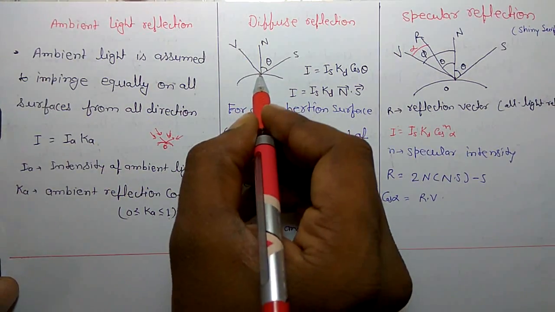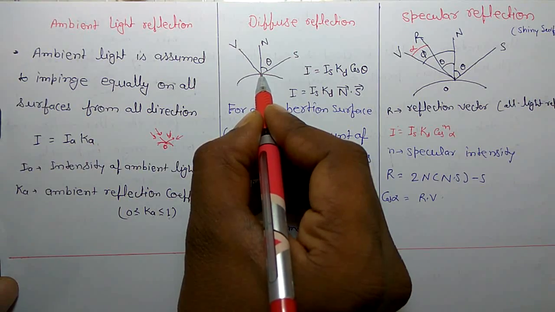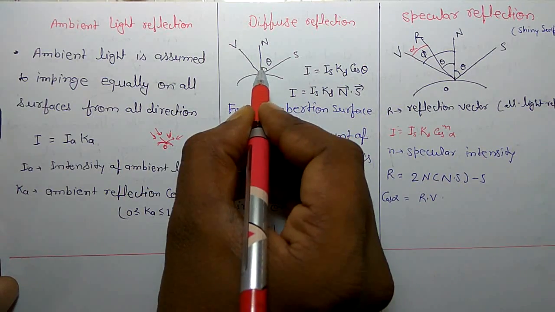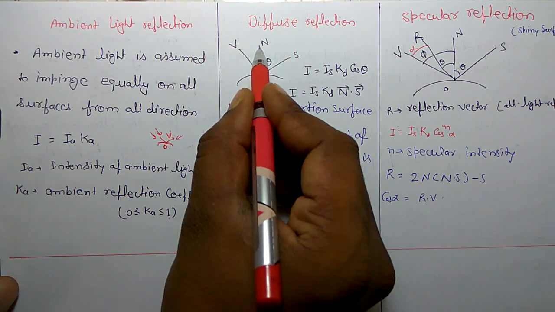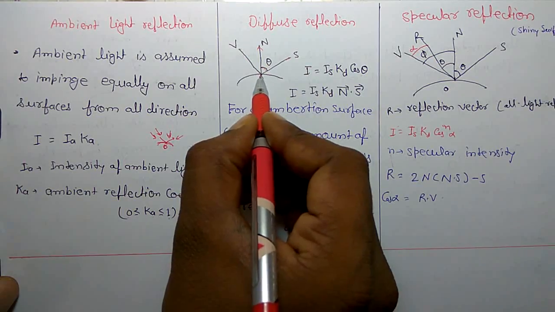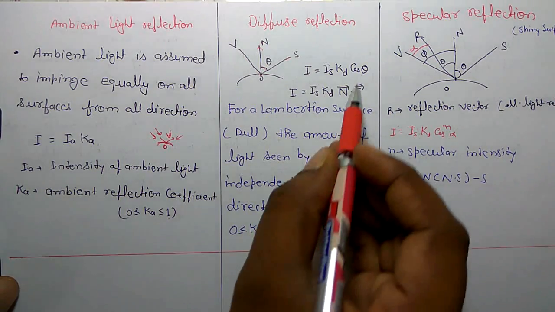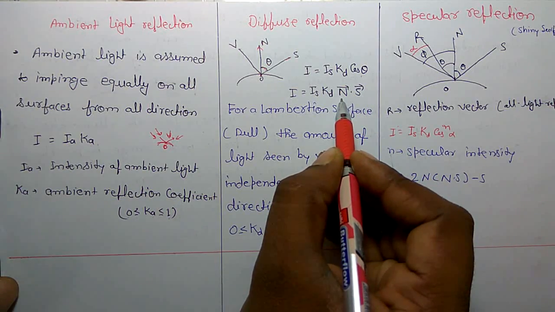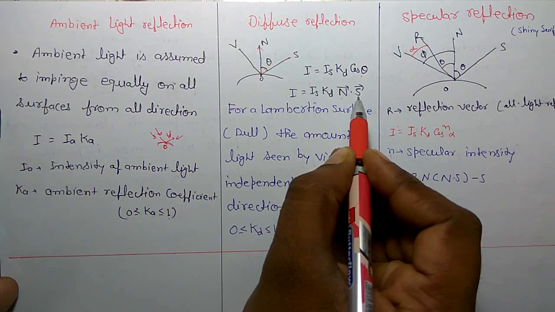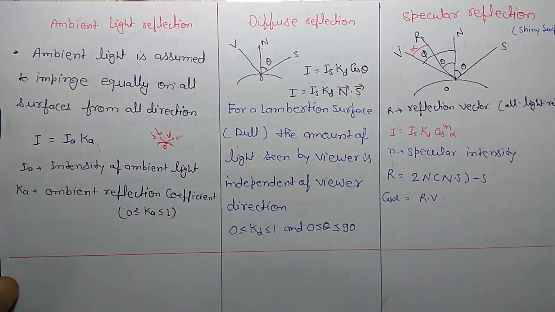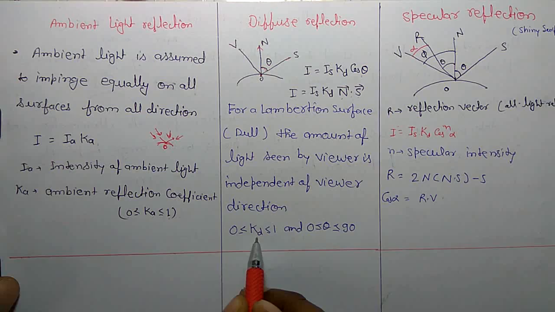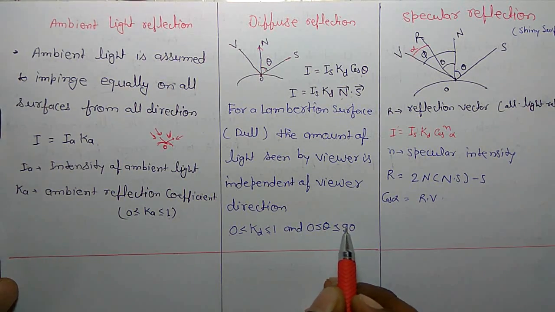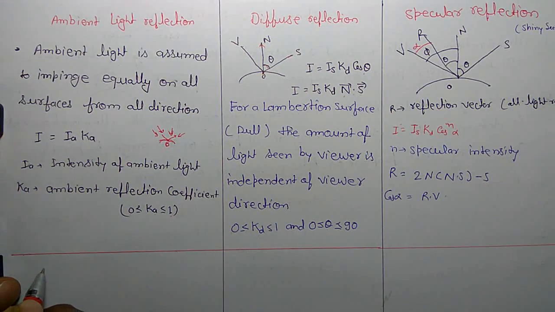So in diffuse reflection, the intensity of the pixel at this place is I equal to I_s k_d cos theta. Cos theta is the angle between the source of light and the normal vector at point O. And this cos theta can be replaced by the dot product of the normal vector and the source of light vector. And k_d lies between 0 and 1, and theta can lie between 0 and 90 degrees. For generating a more realistic image,